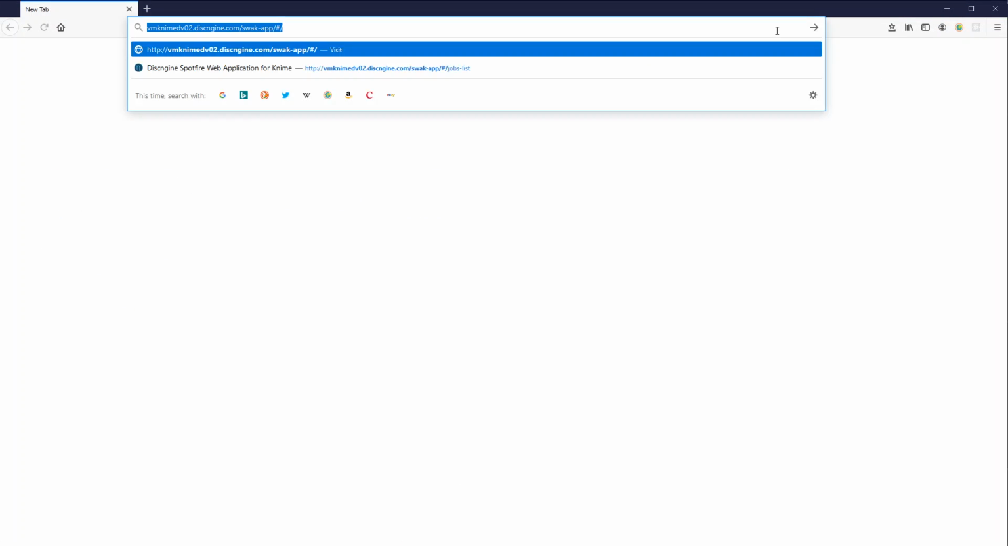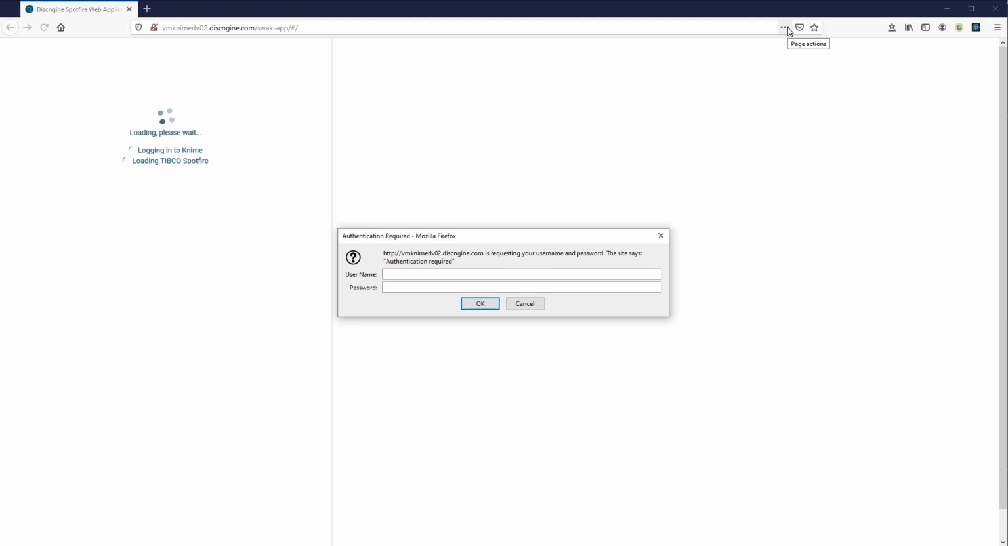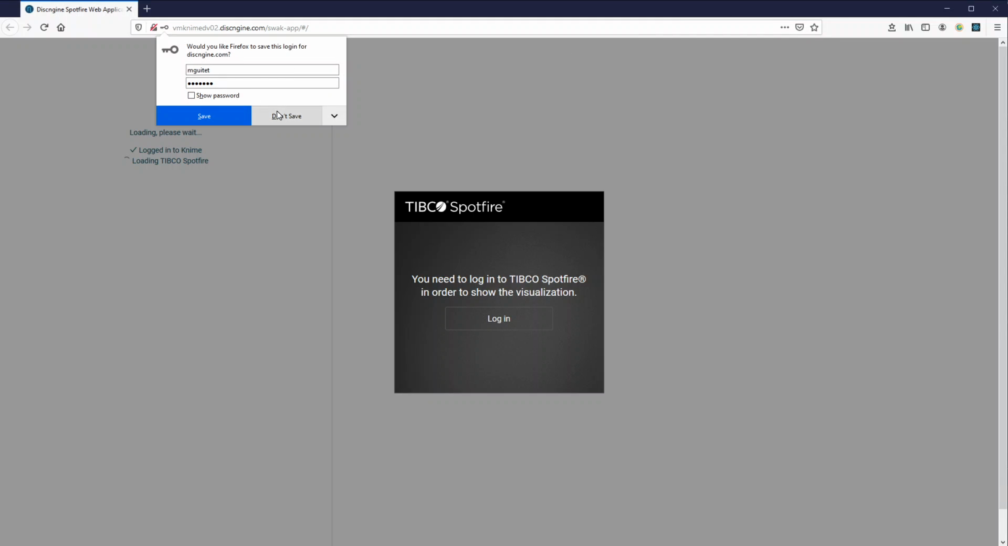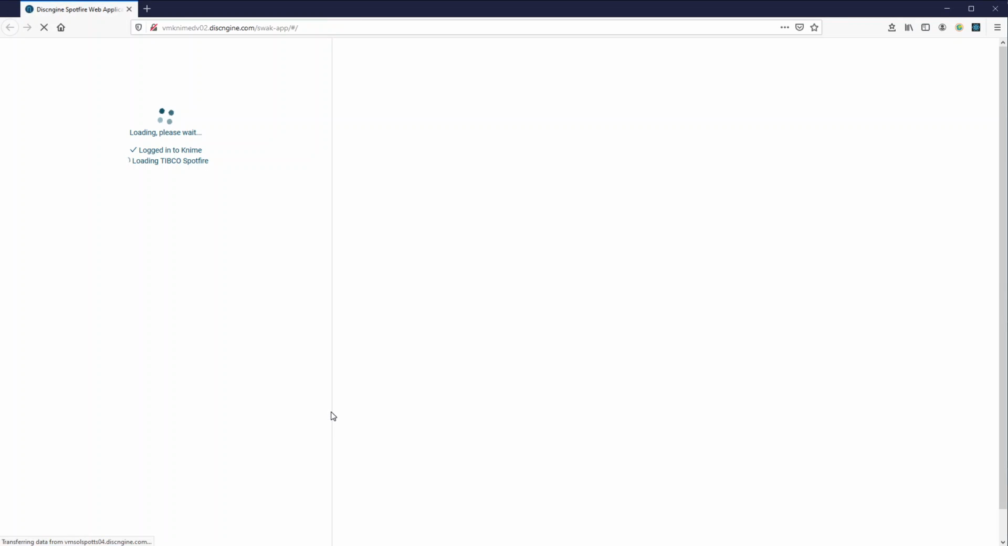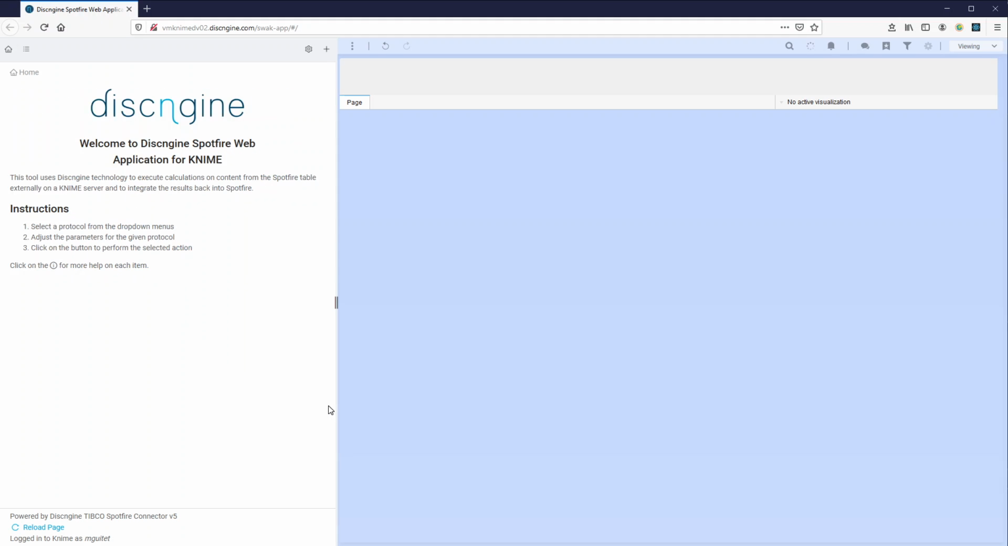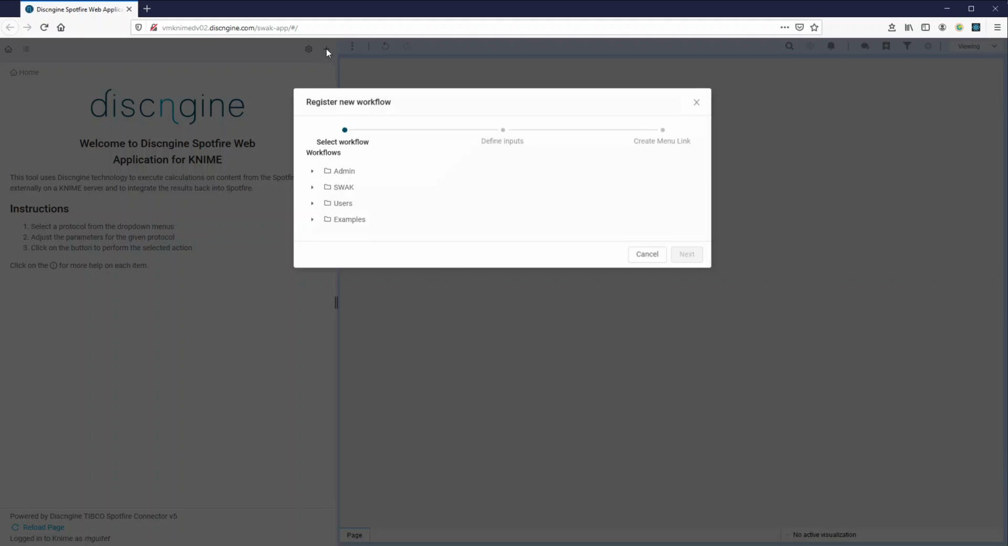So first, let's start our application, which has been deployed in our case to our KNIME server. We first log in to KNIME, then we log in to Spotfire, and we end up with the SWAK on the left and Spotfire on the right. As you can see, our menu is empty when we start, so we'll click on this plus button to register